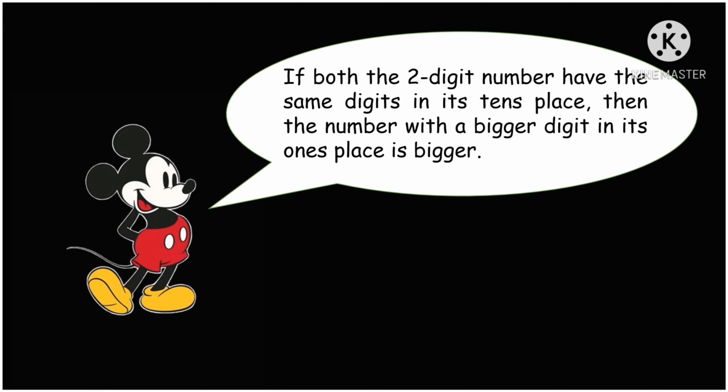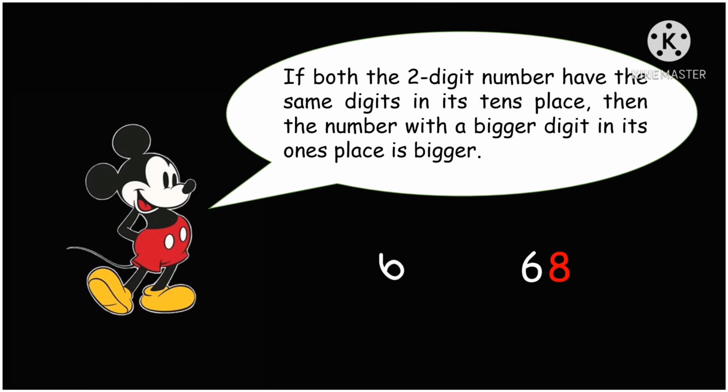Now rule number 3. If both the 2-digit numbers have the same digit in the tens place, then the number with a bigger digit in the ones place is bigger. So if we take two numbers whose tens place is the same for both, then we will compare the digits in the ones place. For example,